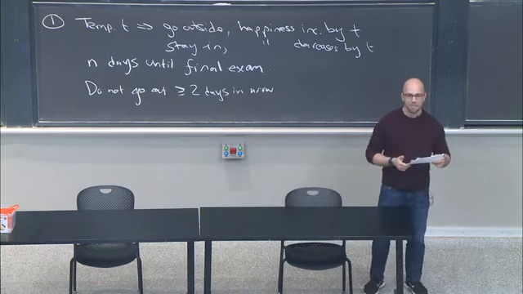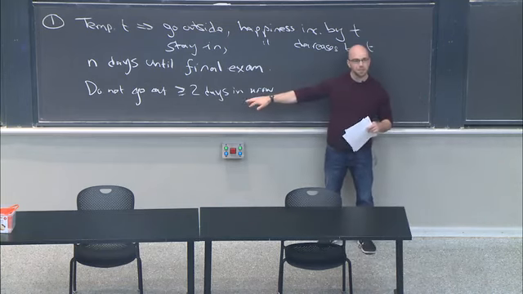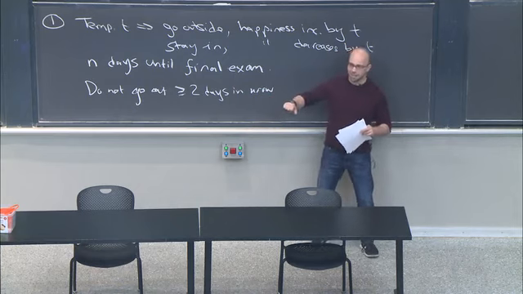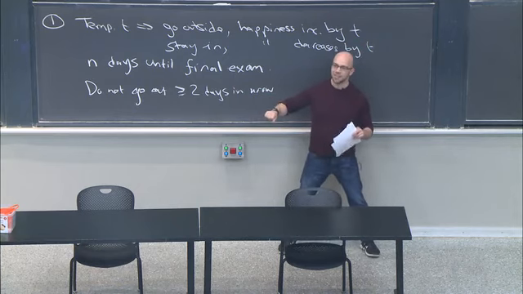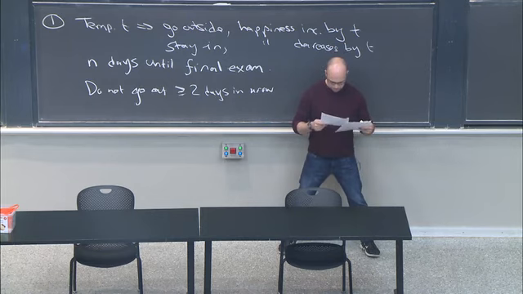He wants to maximize his happiness, subject to this constraint that he cannot go outside more than 2 days in a row. So if I go out on Monday and Tuesday, I have to stay inside on Wednesday. Yes? I think there's no effect to his happiness when he stays in. There's no effect to his happiness when he stays in. At least that's,